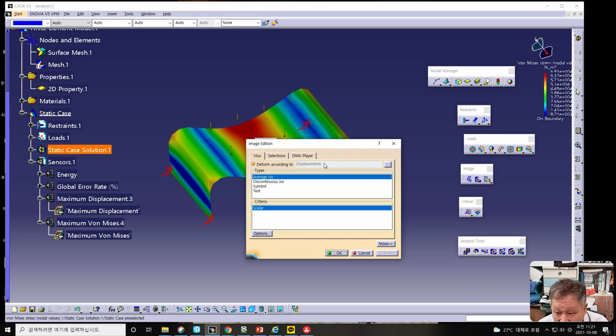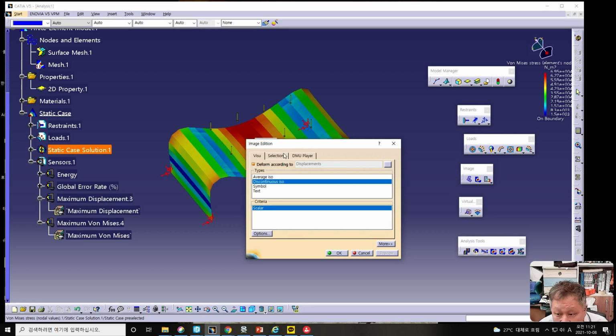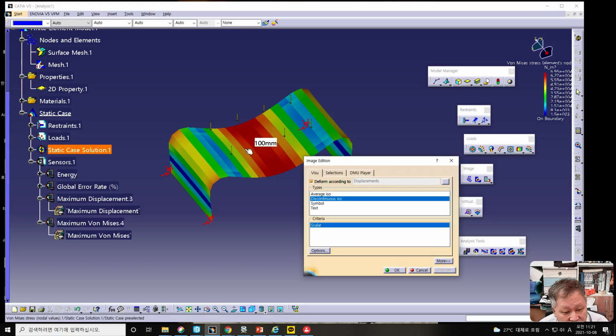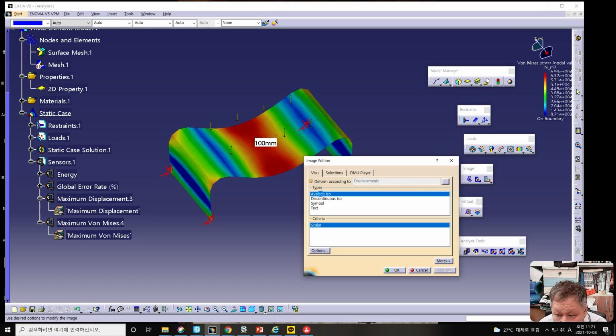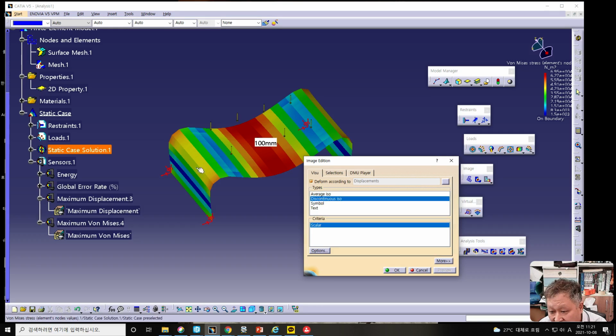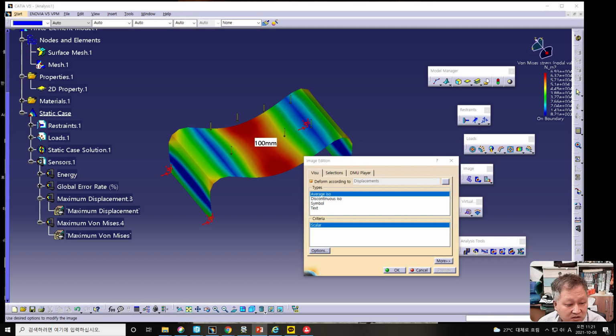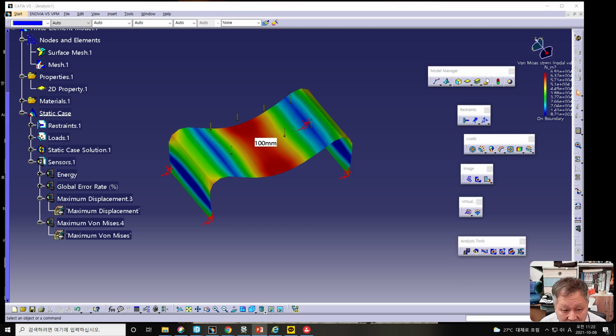If we click this continuous ISO, then the expression shape is changed like this. This is the average between elements. This is discontinuous, not an averaged value. You can control it. If you select the discontinuous ISO as the type in the image edition dialog, you can also display the same color for each element like this. And cancel button. Next one,